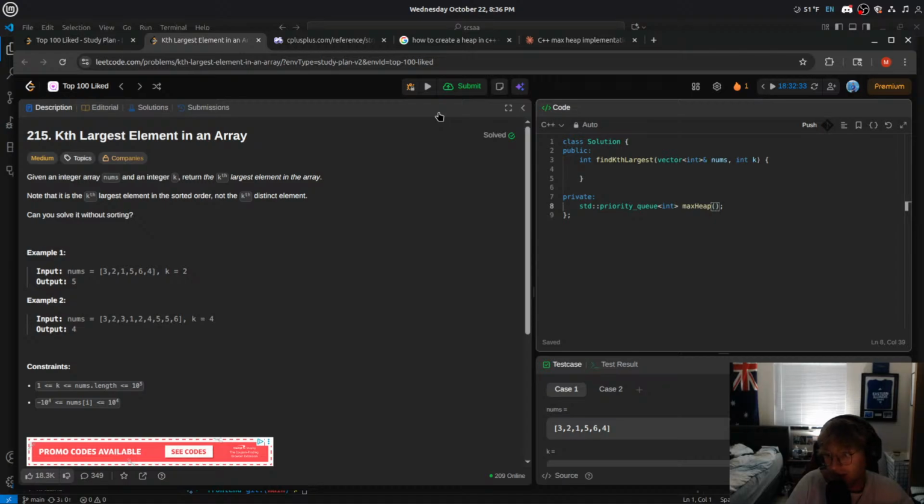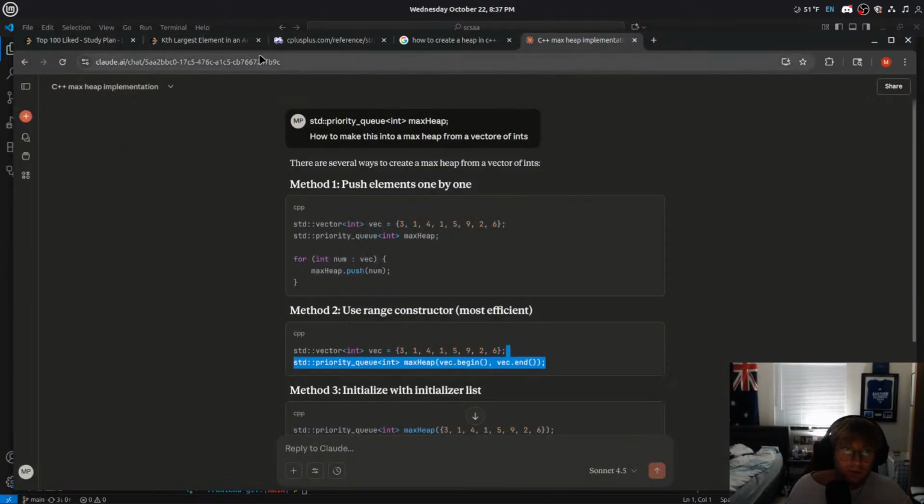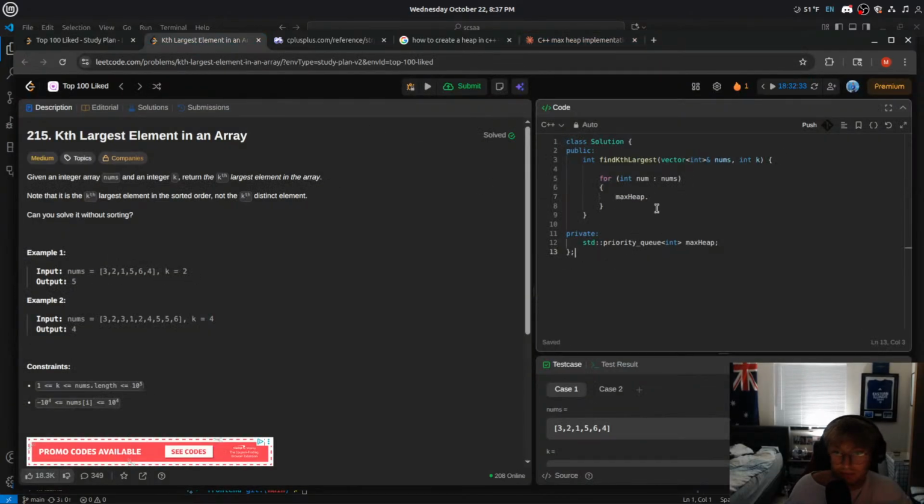Oh shit, it doesn't have access to that right within the class. Guess we can just go for int num in nums, we can go max heap dot push, push our num here, right? Okay, so we have a max heap here. What does a max heap do? It sorts all our elements. So every time we pop, we're going to be popping from